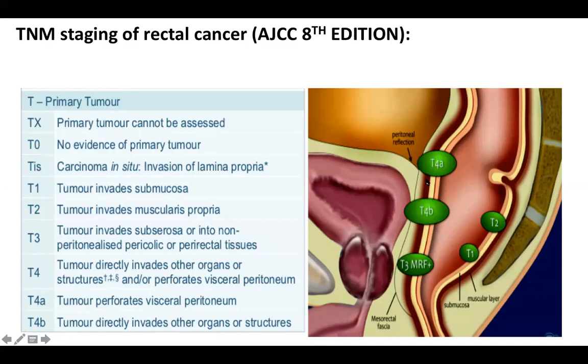If it is a T4 disease, that means the mesorectal fascia has been breached, and it has either entered into the organs, in which case it will be T4B, or if it is lying higher up, then it will breach the peritoneum. So the same tumor, if it breaches the peritoneum, will be T4A. The difference is only which level it is going to penetrate. So if it is organs, B; peritoneum, A.